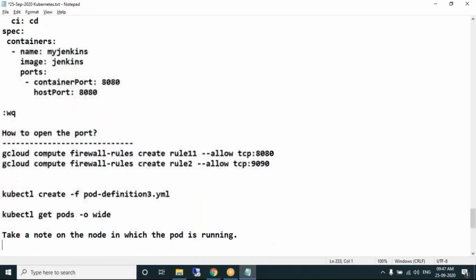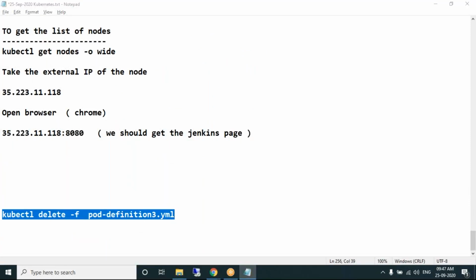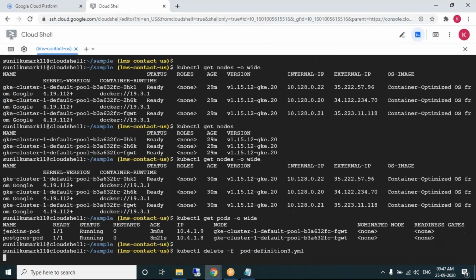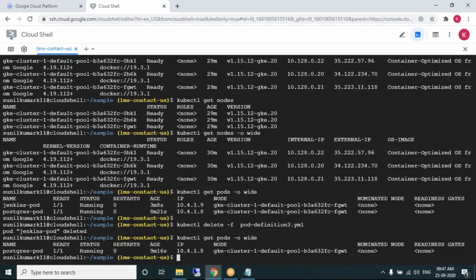Pod definition 3. The pod belonging to this particular definition file will be deleted. Just deleted. Get pods, only one pod, the Postgres pod.